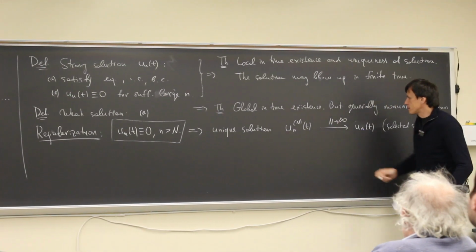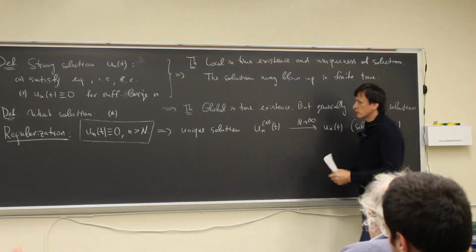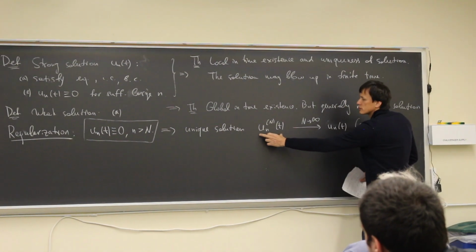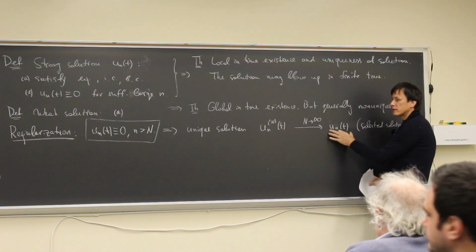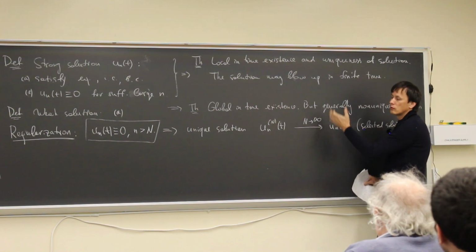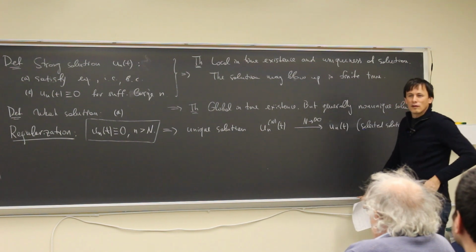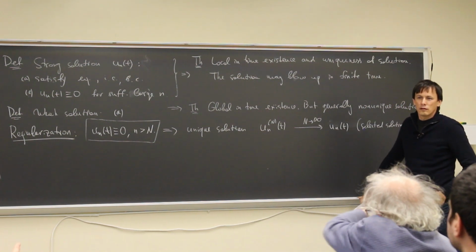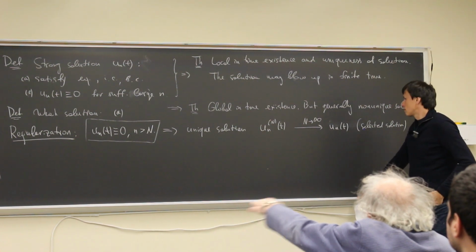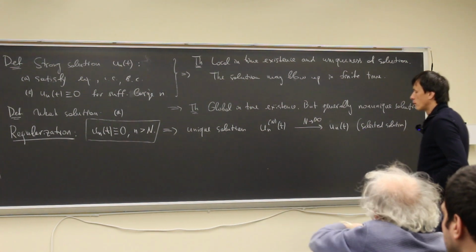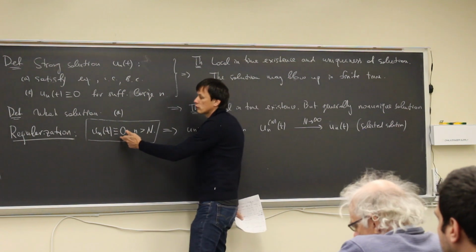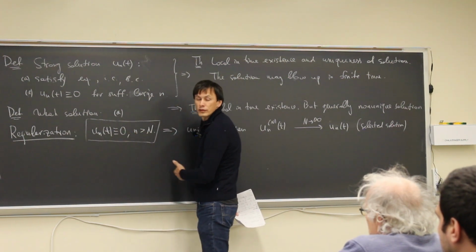No, there is no choice. I say that if there is a limit, so assume that there is a limit of this solution as n goes to infinity, and this will be a solution of the system with n equal to infinity. You have the word choice. What is the choice? Choice is to select zero. Then you talk about it depending on the choice. Selecting zero. Yeah, because instead of 0, you can put 0, 1, 0, 1, 0, 1. It will be a different choice.